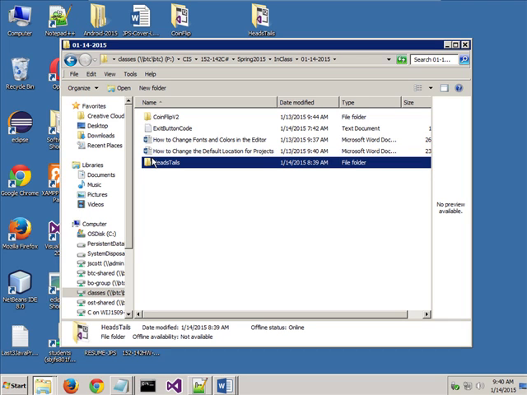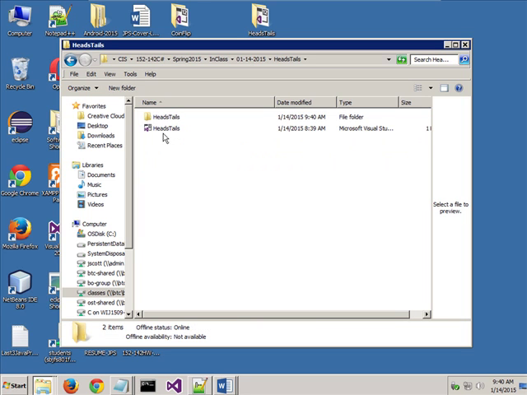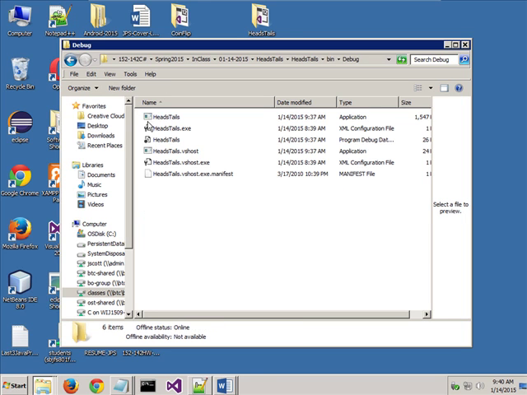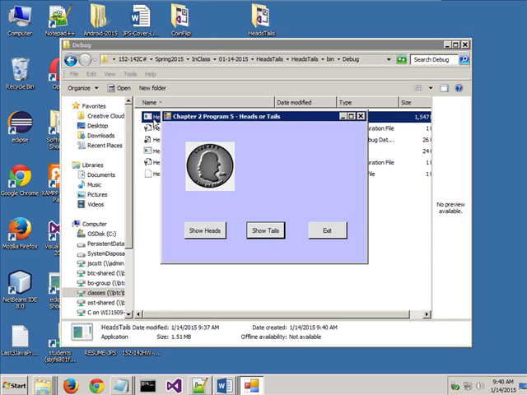The last thing I'll tell you, I am done, but just so you know, let's say you just wanted to show this to somebody. What's a fast way of doing it? Well, if you go to your folder, and you can all do this, you double click on your folder, and you'll have another folder inside with the same name. If you double click on that one, then double click on bin and debug, and double click on the name of the project, that runs it from right in there. And if you said I did that too fast,